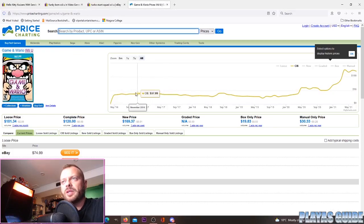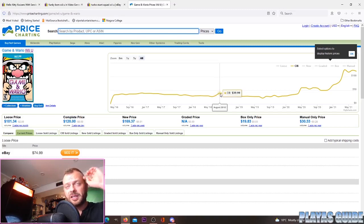Game & Wario, here we go. This is something that there was speculation here. I thought it happened a little bit earlier around here, but there's a little bit of a bump there. Maybe that reflects people thinking, hey, this game might be one of the more uncommon games. Never heard anyone say that it was going to be like the top 10 rare games, but